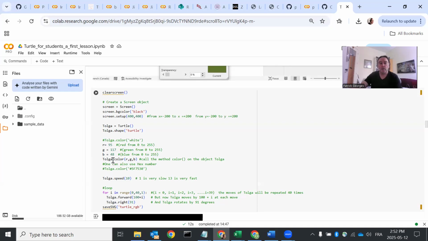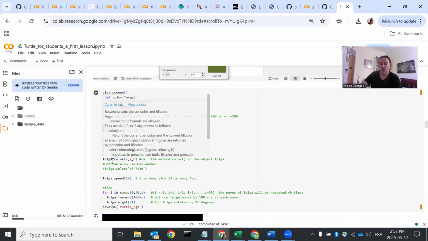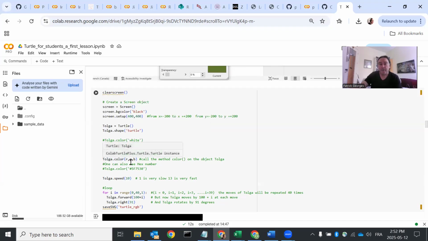Basically, when you call the method dot color on the object Tolga, instead of passing the name of a color, you pass the three argument values, or three parameter values: for R, 95, for G, 117, and for blue, 48. I could have written here 95, 117, 48. So there are different ways to do things. Now if I run this,